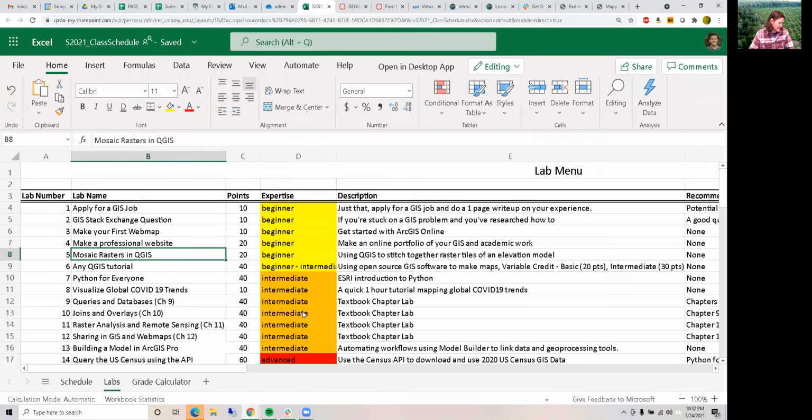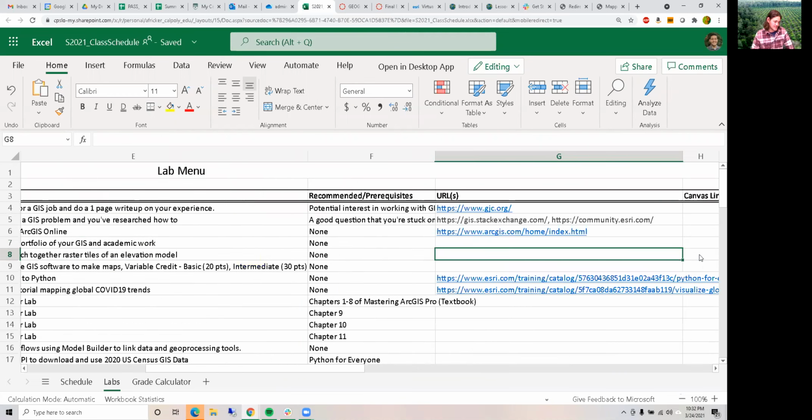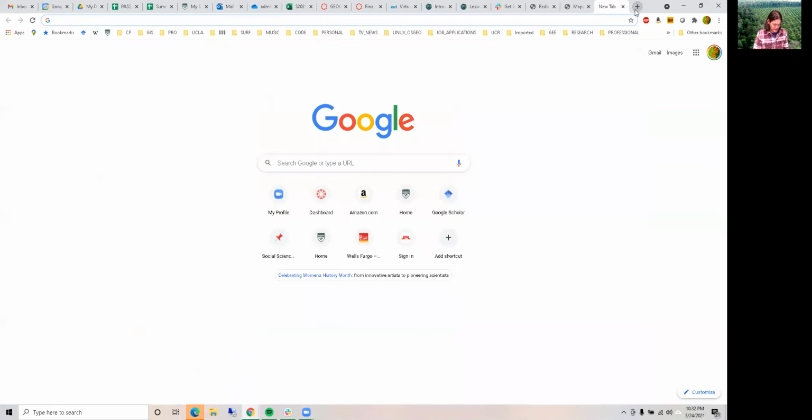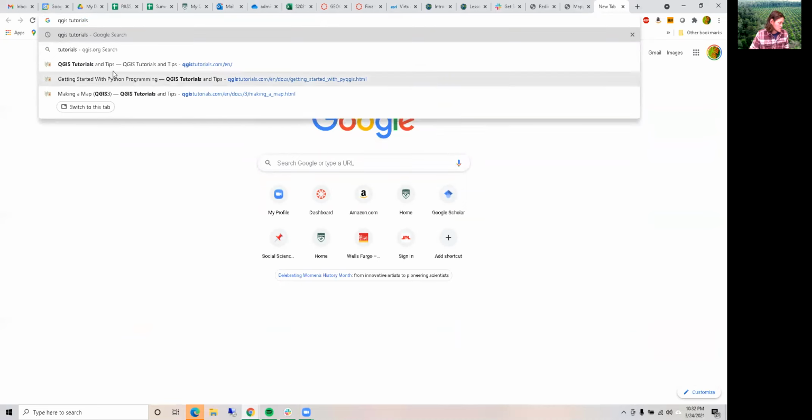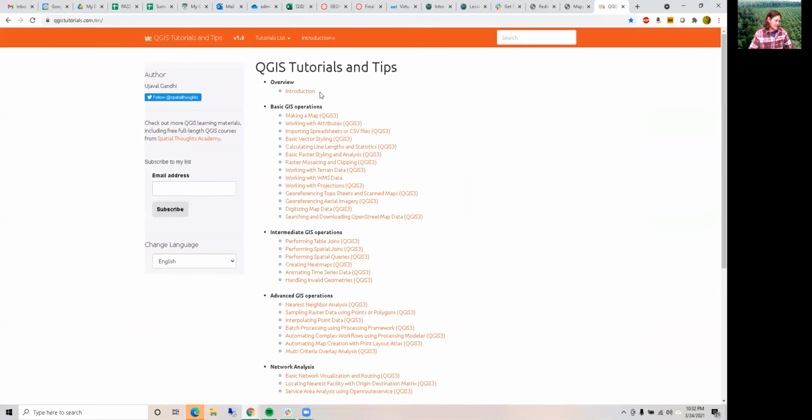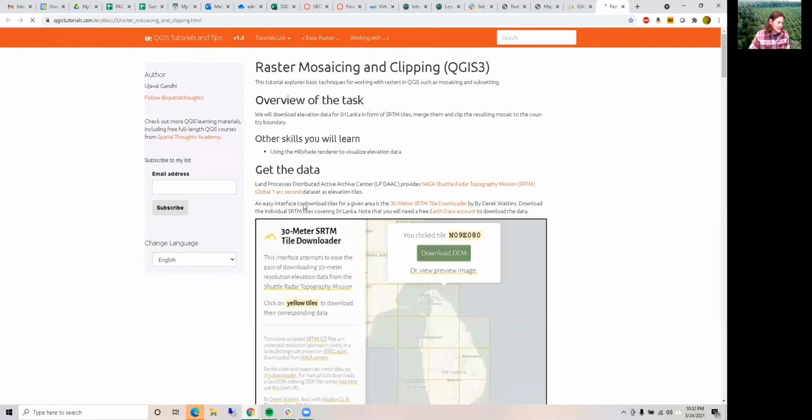All right, so the next one is mosaic rasters in QGIS. So where did that one go? Okay, so QGIS tutorials. Okay, so this is this really great website called QGIS Tutorials. I'll talk more about this in the second video, but which one was it? Mosaic, raster mosaicing clipping. So this is this lab, and the reason I like this one is because a lot